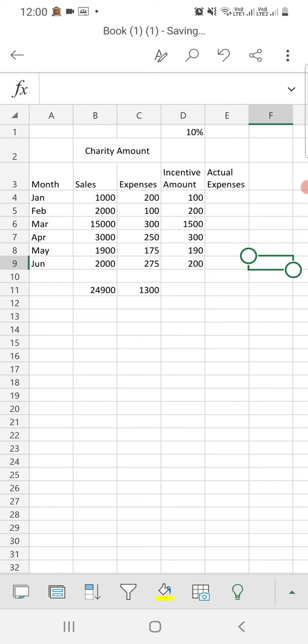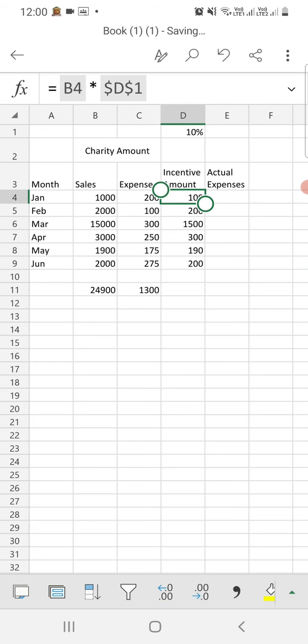You can also use the F4 function key from your keyboard, on a laptop or desktop. You can select the cell and fill it by dragging, and you can also press F4 from the keyboard.